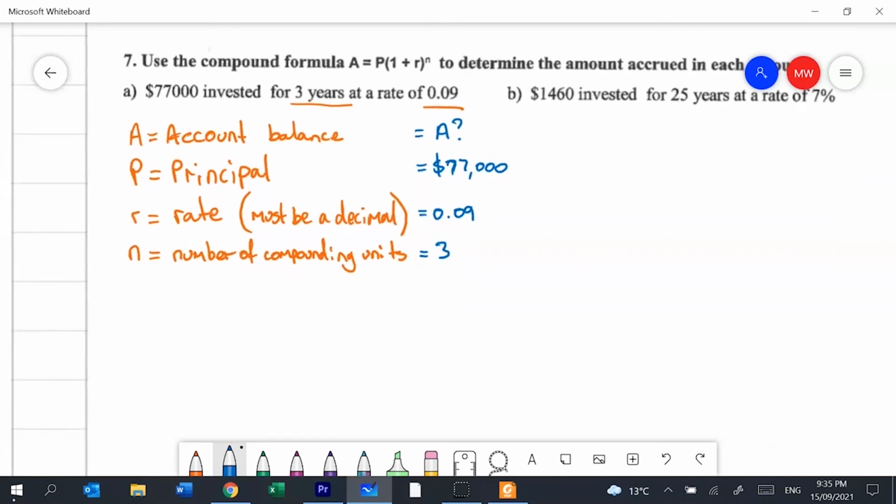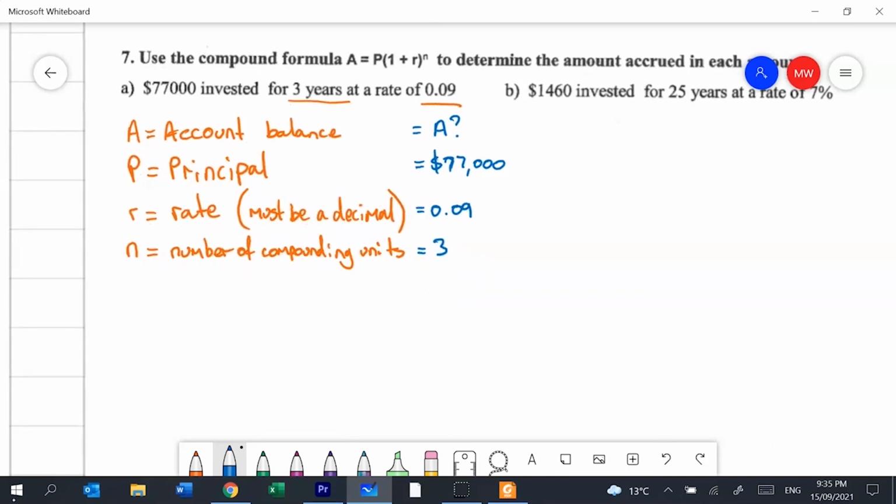And now all we need to do is just put it into the formula. So we'll go A equals P times 1 plus the rate by N. So the amount will be 77,000 times 1 plus 0.09